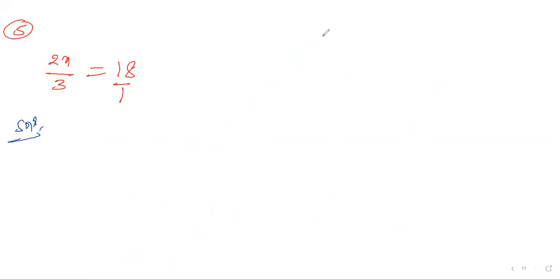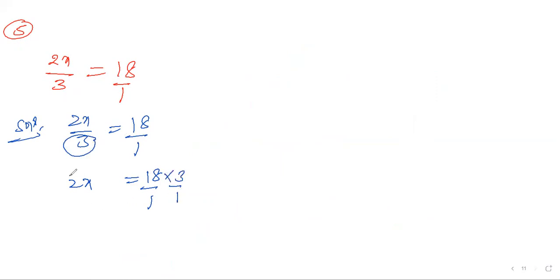What are the terms which are there in the solution part? We want only the x term. So 2x by 3 is equal to 18 by 1. The 3 is not required for me, so I should send it to the right side. I want to shift 3 to the right side, because 3 is dividing here. When I go to that side, it should multiply. So 2x is equal to 18 into 3 by 1.